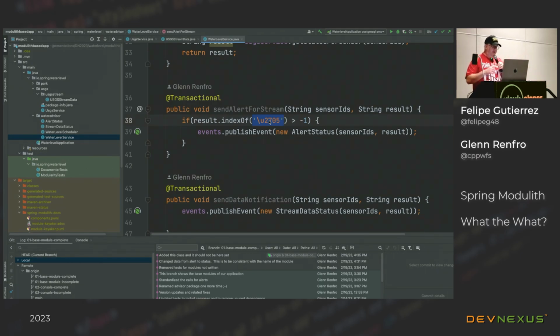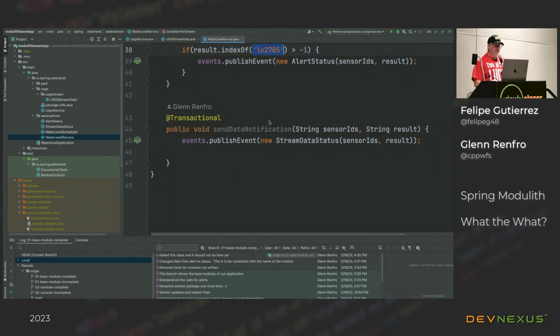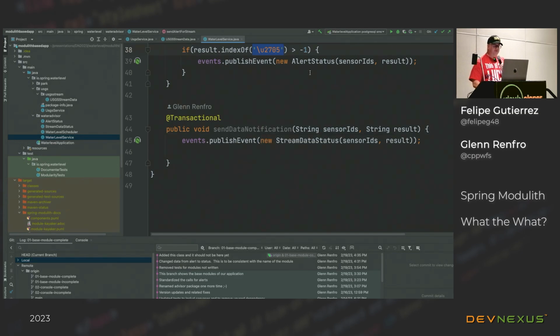So what we're going to do here is say that if it's got a green check, we're going to emit that message. But then we also want to emit messages regardless of the condition of the creeks. Notice that the one I want to emit only if they're good is alert status, but regardless, I want to send out a stream data status. So with that being said,